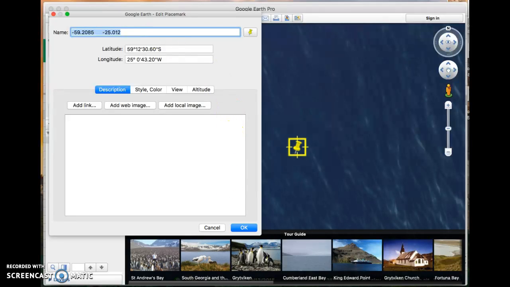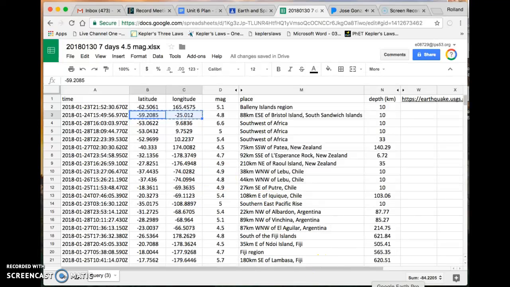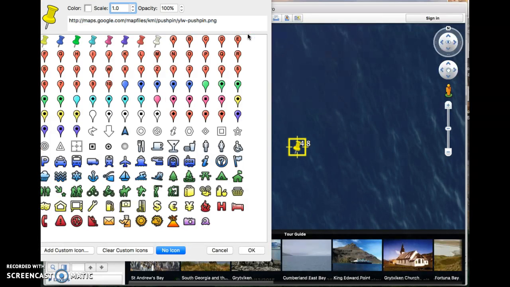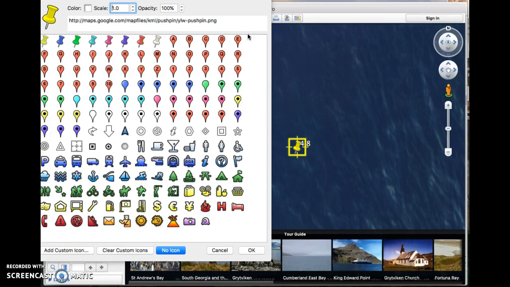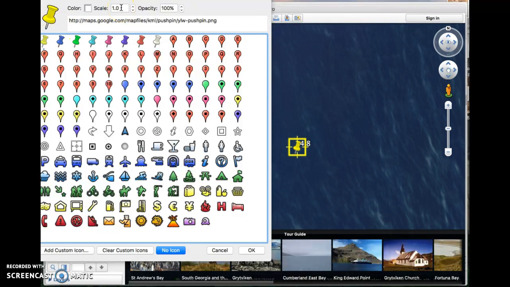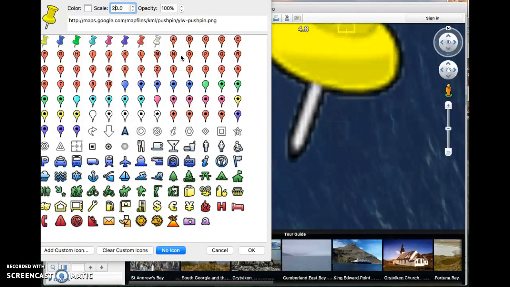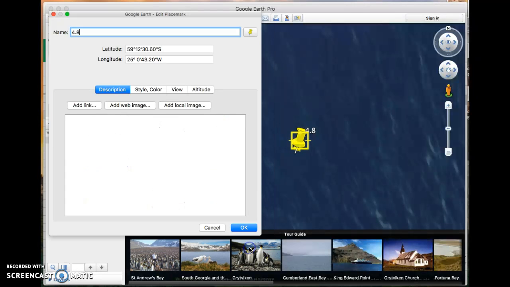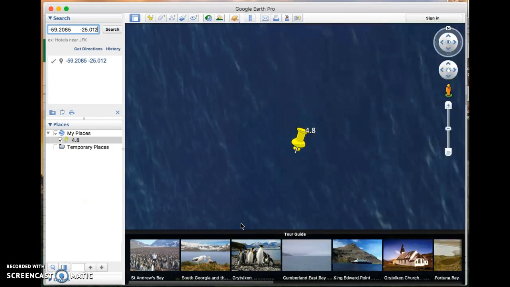So the magnitude on this one, if I recall, was 4.8. So type in the magnitude right there, and then select a pin. I would recommend yellow pins for magnitudes that start with a 4. So 4 to 4.9. And make the scale on these a 2. That way they'll be big enough to be seen when you're sailing around the globe looking for pins. Any big yellow pin will mean it's a 4.0 through a 4.9 earthquake. And save it. And then say OK, and you are ready for the next